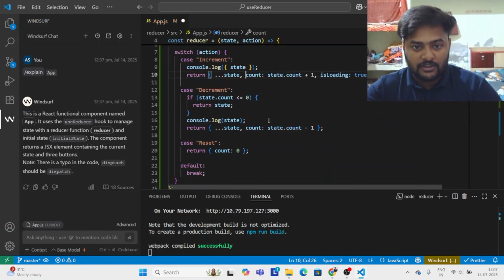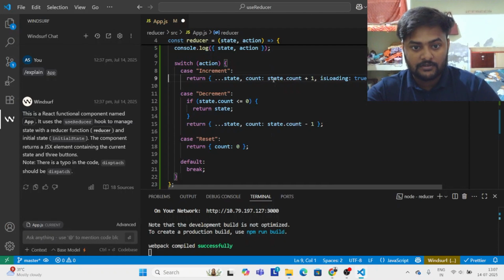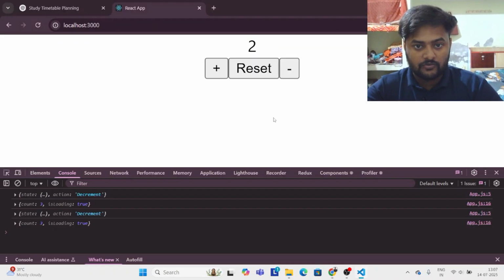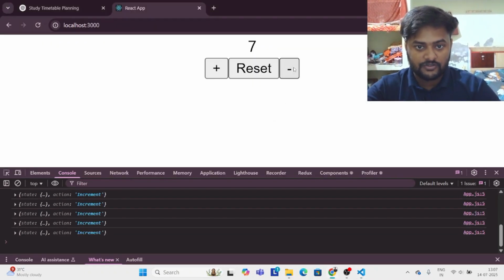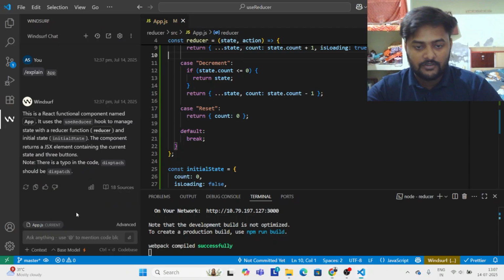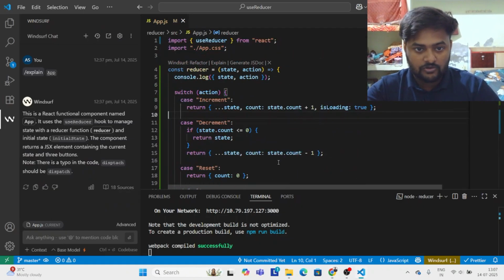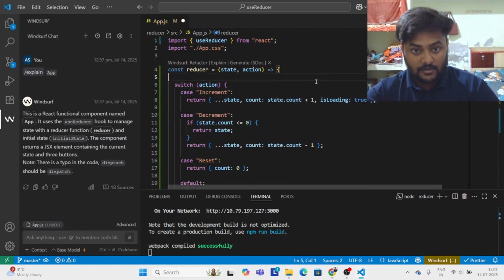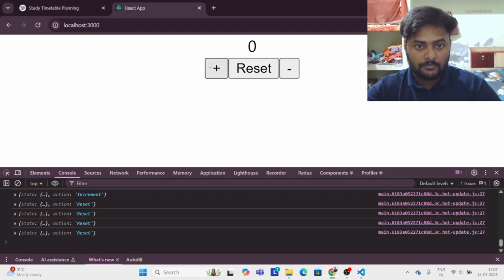अच्छा जी, अब ये कंसोल हटा देते हैं कि काम है नहीं इनका। तो अब हमारा यूज रिड्यूसर से काउंटर शानदार तरीके से काम कर रहा है, जीरो से नीचे नहीं जा रहा। फंक्शनलिटी तो ऑब्वियसली चलेगी। अब हम सभी कंसोल्स को हटा देते हैं। तो हमारा यूज रिड्यूसर से काउंटर तैयार है।